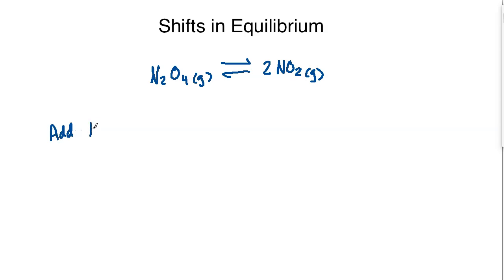All right, so let's use a practice problem to discuss shifts in equilibrium. So I'm going to use a relatively simple example, and we will go through some additional ones in our classwork. But I'm going to take N2O4 in a gas state, and we'll set up the equilibrium with nitrogen dioxide. And I am balancing this right here. So the first thing I want you to consider that we talked about are the concentrations. So what's going to happen if I add N2O4